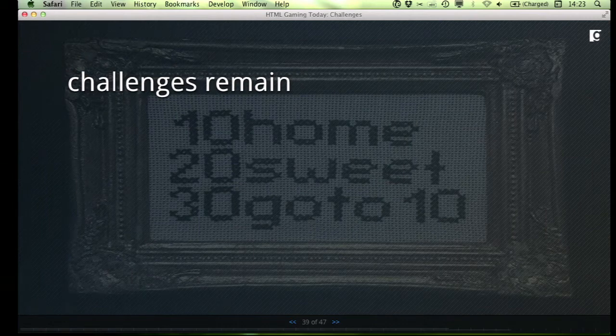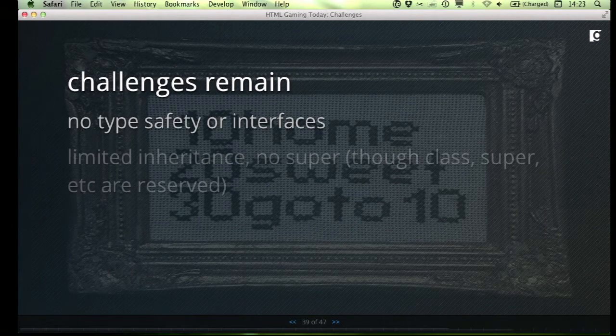But it's still challenging, right? This is still a very dynamic language. We don't have type safety. We don't have interfaces. Inheritance is through the prototype chain. We have no real super keyword. And a lot of the popular implementations for super are very expensive. Things like prototype.js's inheritance model. It's great if you're doing sort of jQuery type work. If you're building a game engine, it's very expensive. Super calls are very expensive with a lot of these workarounds. Hopefully this will be addressed in the future, though.